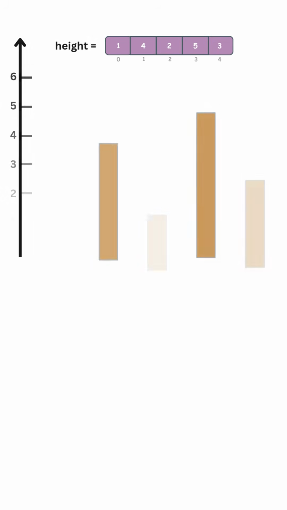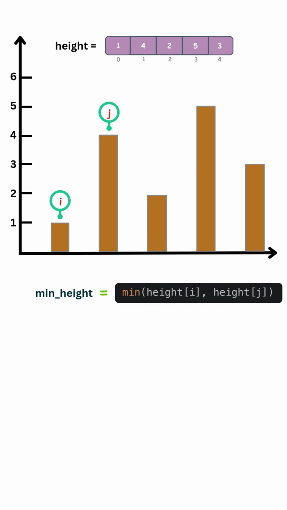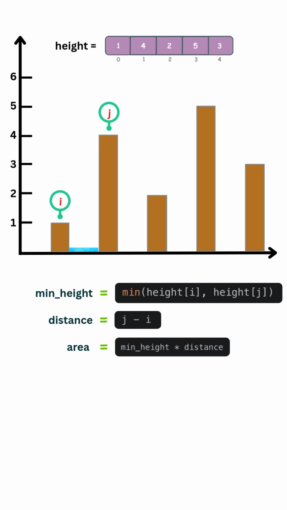Let's take another example height array and plot it on a graph. We place indices i and j at these positions. How do we find out how much water can be held between these two vertical lines? To do that, we take the smaller of the two heights and calculate the distance between the indices, that is j minus i. We multiply them and the result gives us the area of water contained. We use the minimum height because if we try to fill water above that, it would simply spill over the